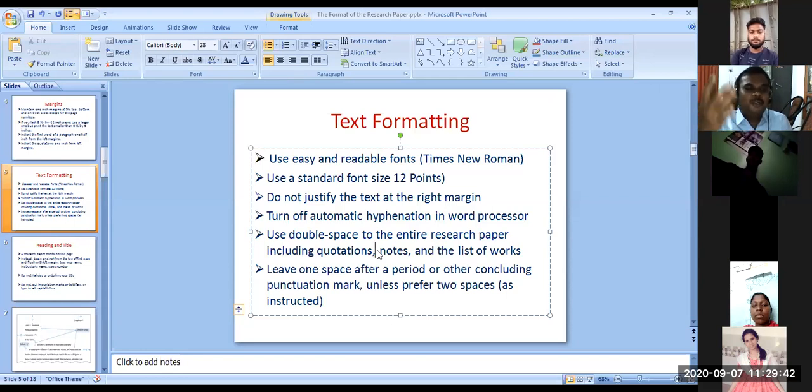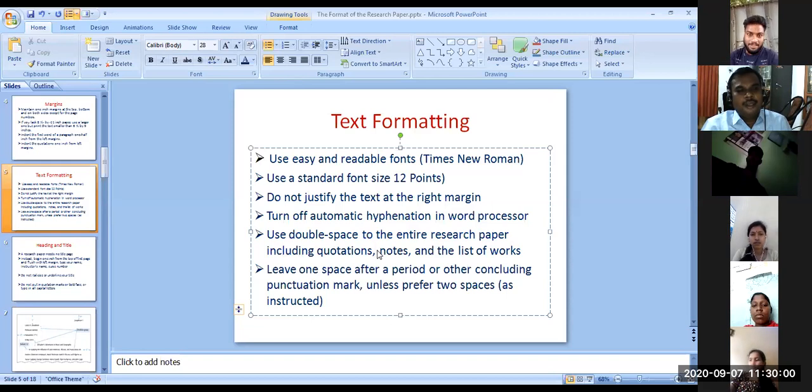If I put 10 font, I will save pages. For example, you are 20, I am 45. You are able to read, but I am not able to read. I have to use a spectacle. Standard size is 12. And standard line spacing is 2. So our university says we have to give standard line spacing of 2.